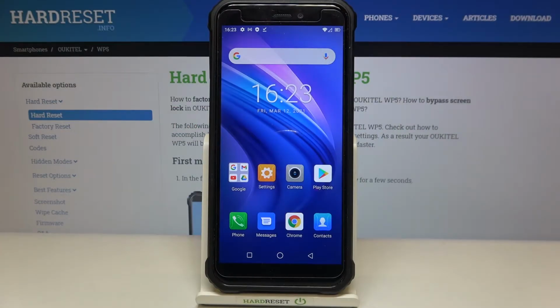Hi everyone, here we've got OUKITEL WP5 and let me share with you how to change voicemail notification sound on